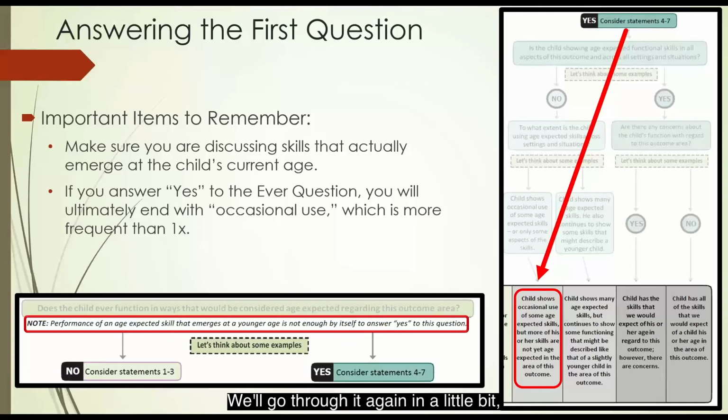We'll go through it again in a little bit of slide. If it's a little bit confusing, you can go ahead and put any questions you have into the question box. And to touch on this other piece again of answering that first question, if we do answer yes,